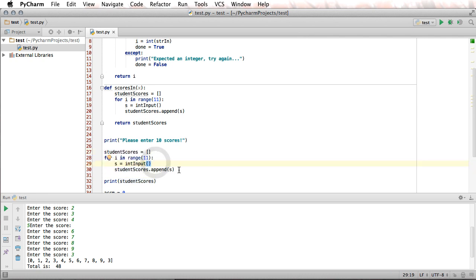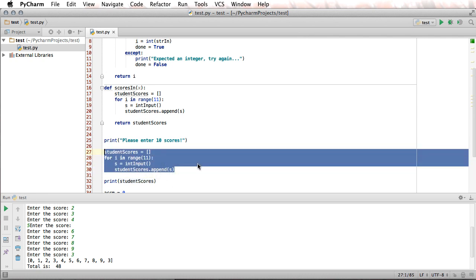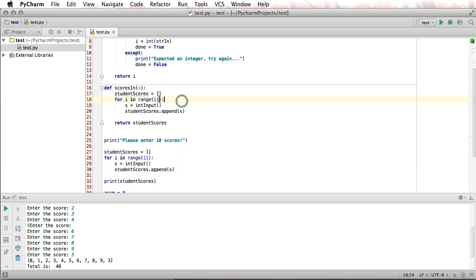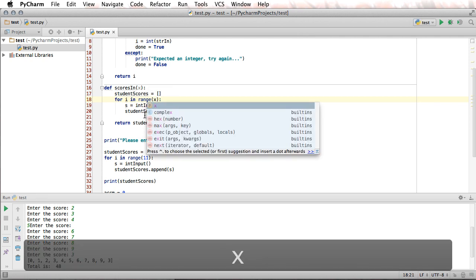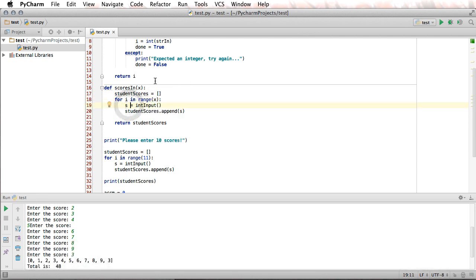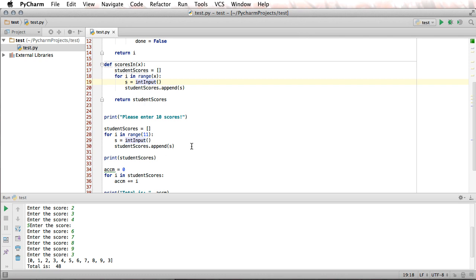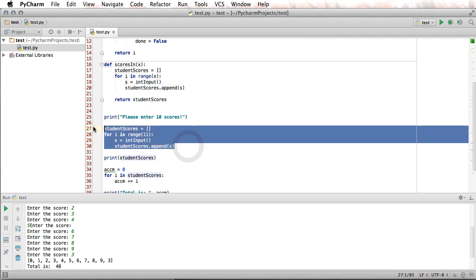I copied this whole section of code right here, verbatim, and I place it up here. The only difference is I am now going to use X right there, and up here I have an input variable called X. So I can do the same thing again, and I can say that scores